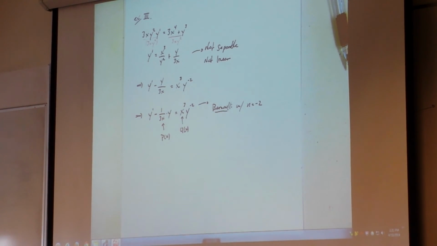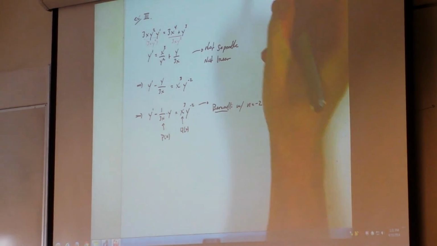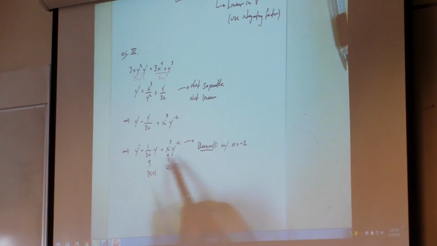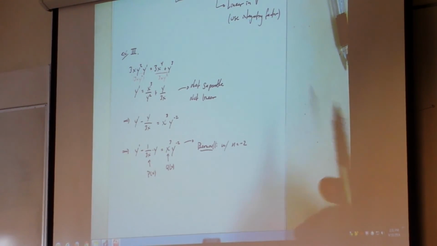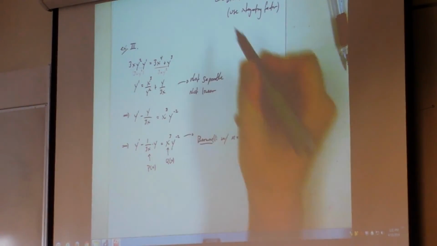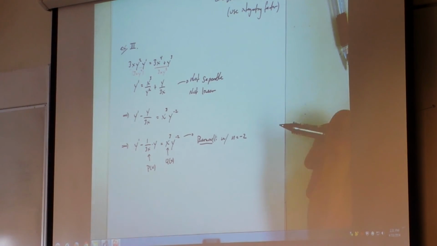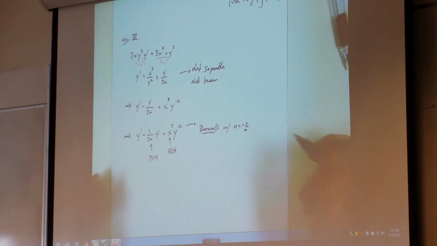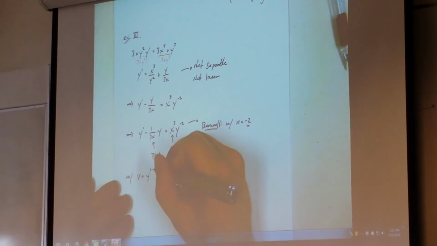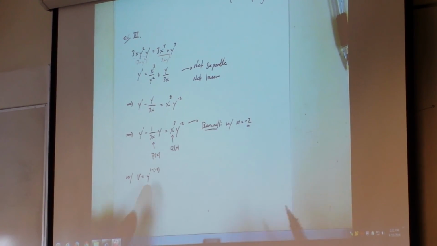All right, so just for the sake of time, this is what we do, the transformation that takes a first order Bernoulli equation and transforms it into a linear one with respect to v. We put n equals negative 2 in that. Okay? So basically, with v equals y to the 1 minus negative 2, that's our n,